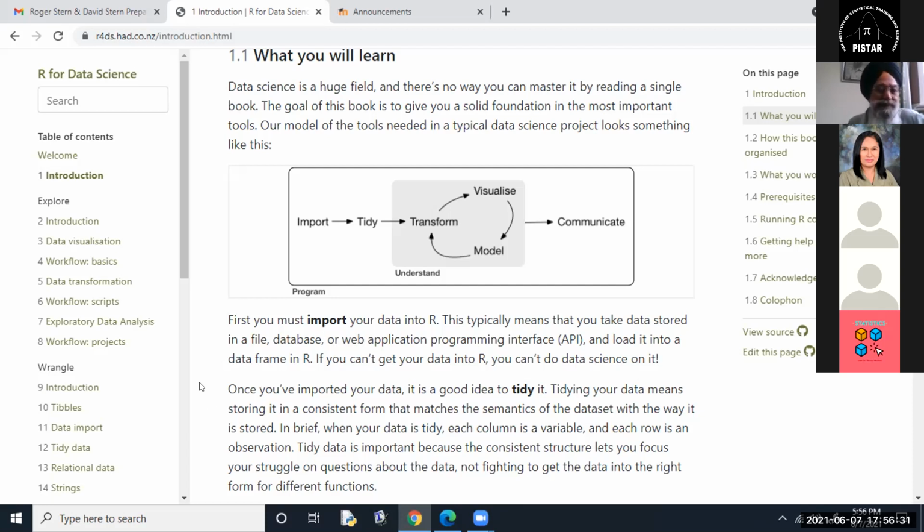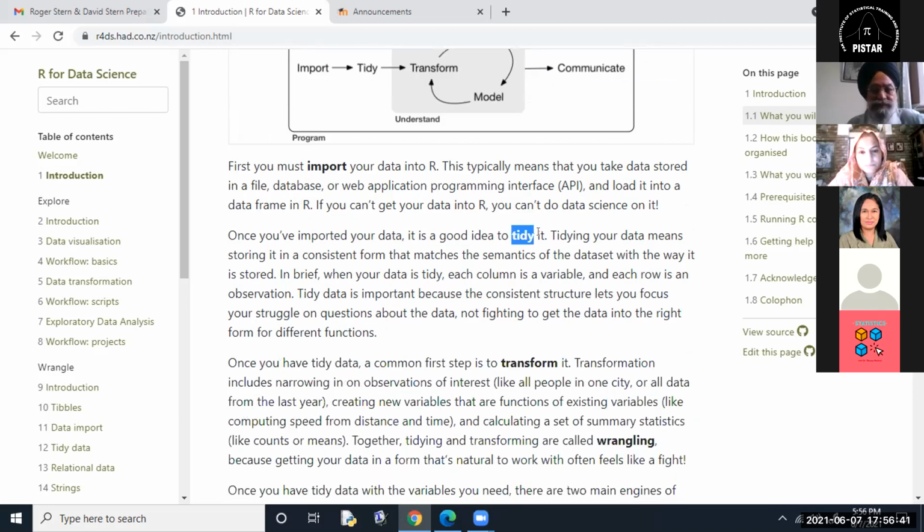So once you've imported your data, it's a good idea to tidy it. As I was saying, it's a technical concept. I myself did not get it very quickly. It took me a little bit of time to understand what exactly they mean by this word. Tidying your data means storing it in a consistent form that matches the semantics of the data set with the way it is stored.